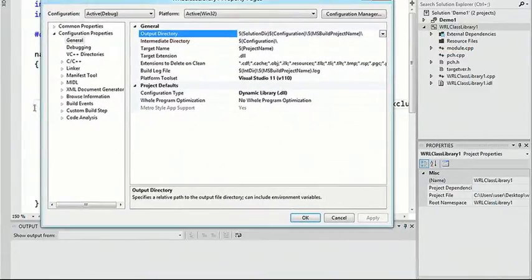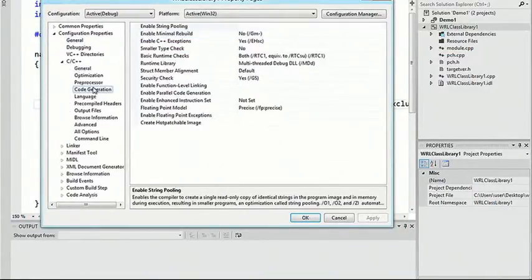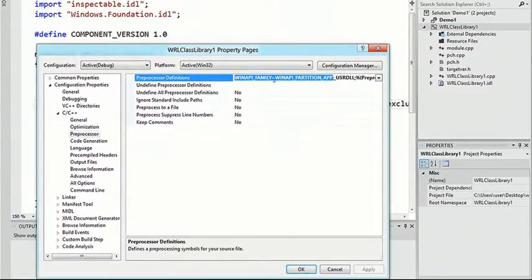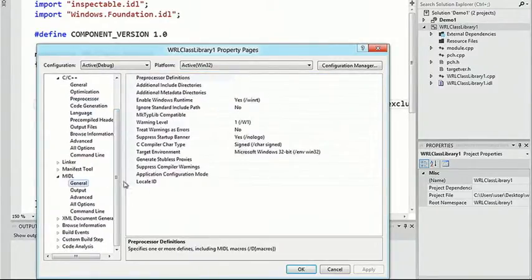So if you look at the C++ project settings for the preprocessor, the first thing you see is that we have set up that macro that says only enable Metro SDK APIs. We talked about it in the previous talk, but this is the thing that prevents any APIs that are not available under Metro to be used in your app. So that's the first setting that we have set up. The next thing is the midl tool. And then in the output,